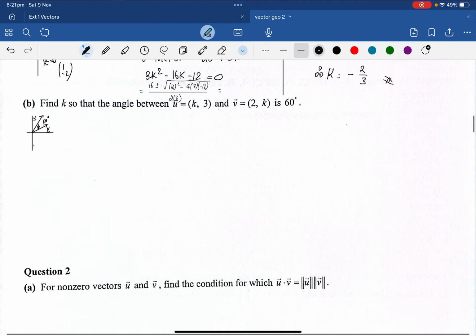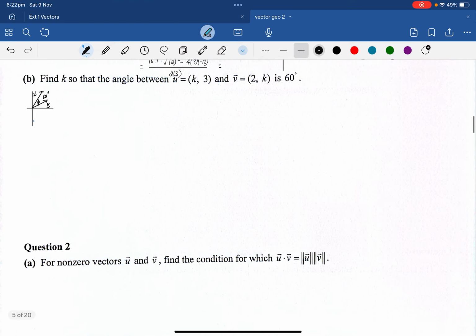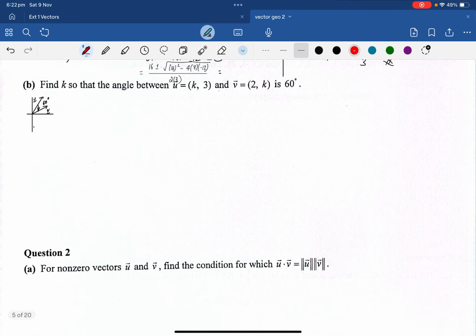That's a diagram if you wanted a diagram, but I wouldn't advise doing a diagram for this question because it doesn't really help. So what you first want to be doing is you just want to get started with the dot product. So let's write our yellow tips here. So what's a dot product? Vector u dot v is equal to